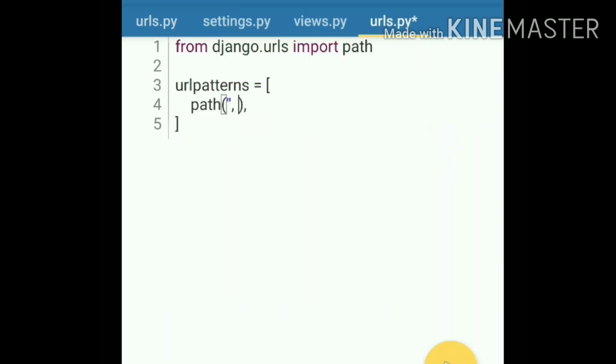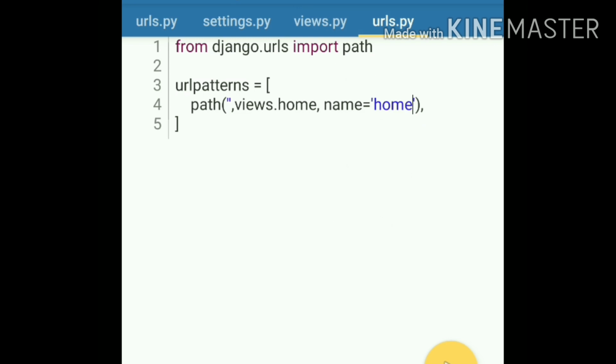Now I'm going to define the path for our home, and I'm going to call a function from views, and the name of the function is home. I know there is nothing like home inside our views because we have not created it yet, but we will create it. We can also give a name to it. I'm going to give the name home, and it is useful in the future while fetching data from the home, it will be useful.